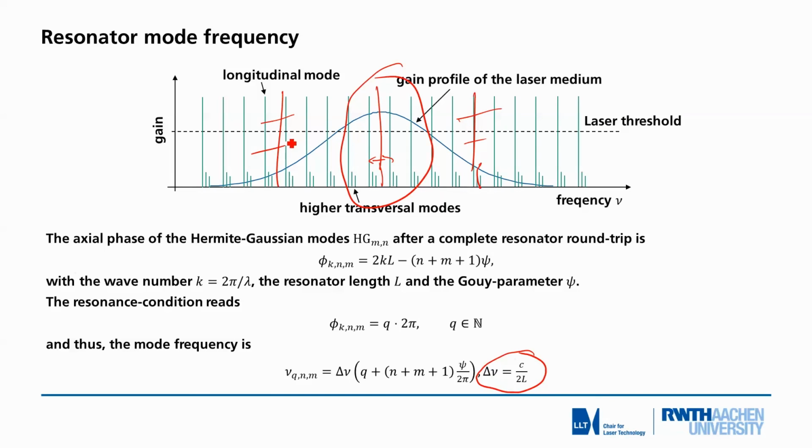The opposite would be we make really long resonators and have very wide gain media. Then we would have a lot of longitudinal modes under the amplifying profile of the medium, and that would be wonderful for mode coupling to generate ultra-fast lasers, femtosecond lasers and picosecond lasers by mode coupling.